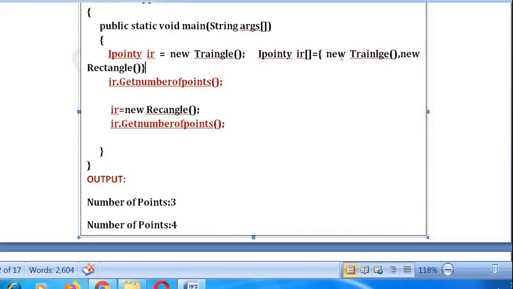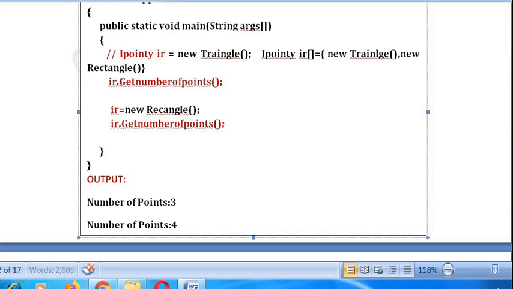This is a comment now. So now IR is an interface reference array. In this we store two objects, one is a Triangle and one is a Rectangle object.